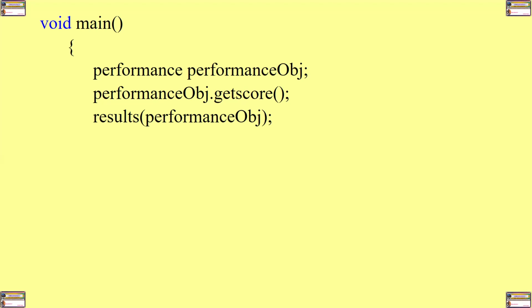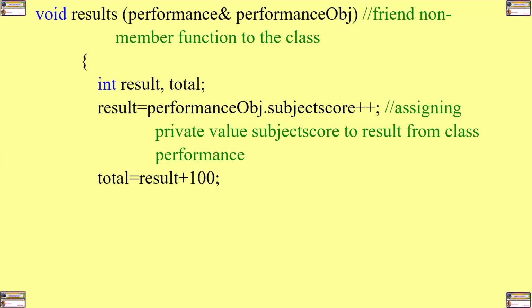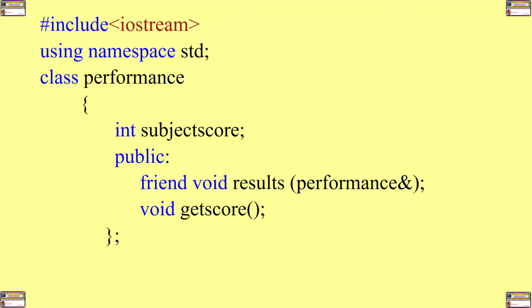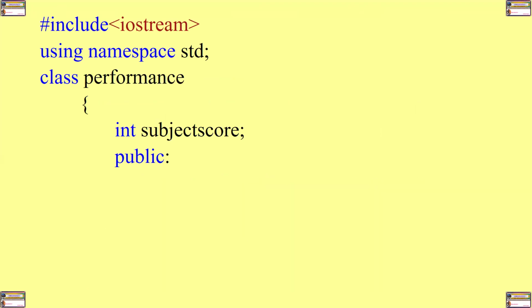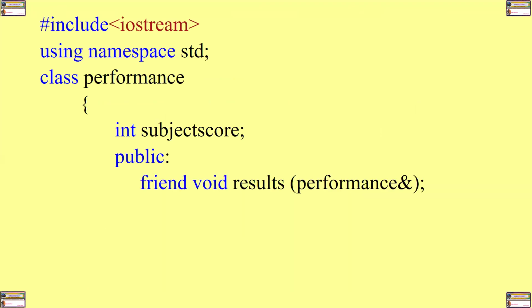And what is the name of that class? The name of that class is performance. So once this statement is invoked, the compiler will go to the function. First of all, remember it has been told that the function is a friend to the class. So that's why it is able to access the